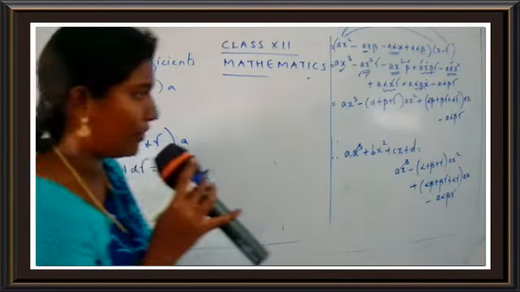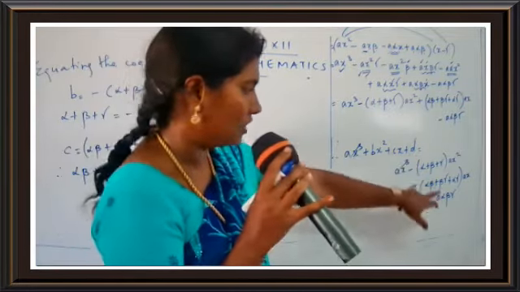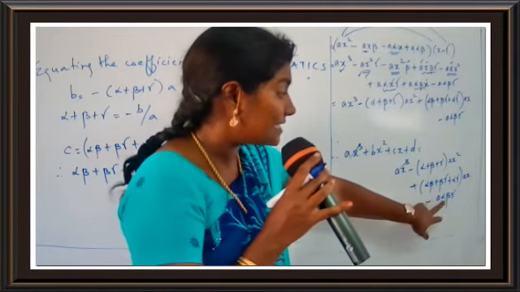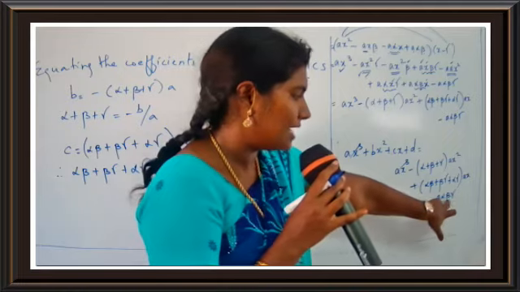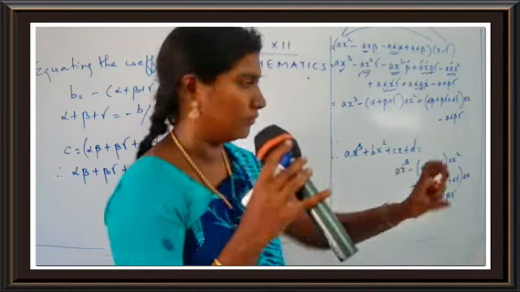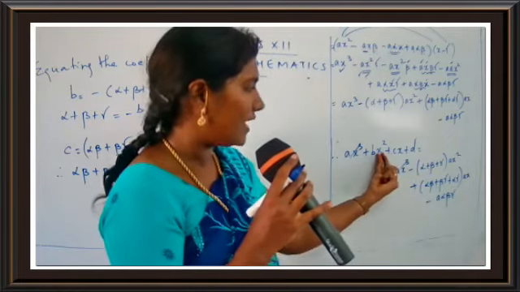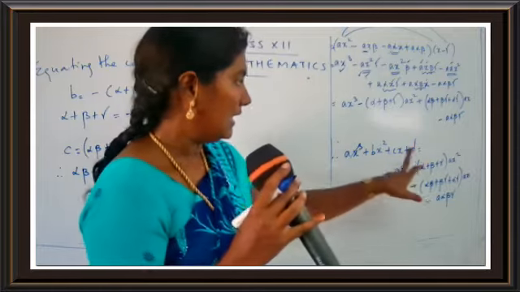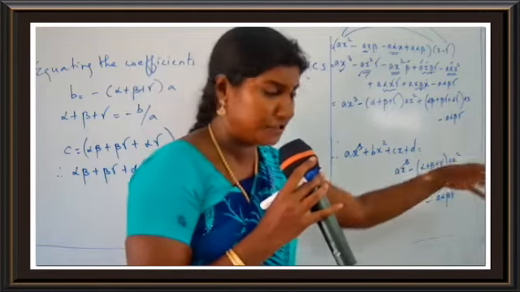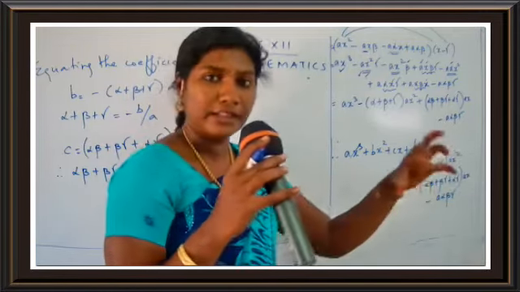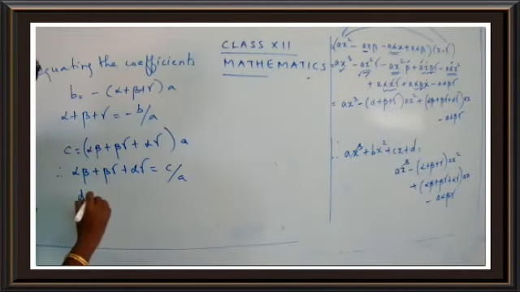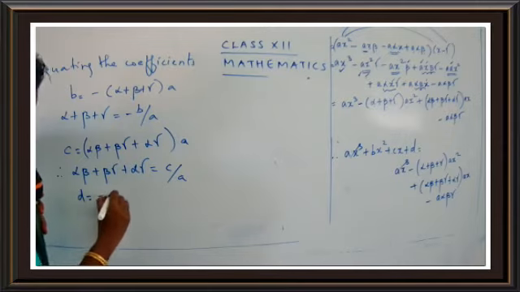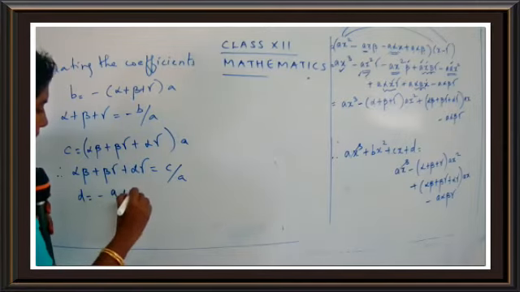Let's go for the last term, the last constant term. What is the constant term you have here? It's D. And what is the constant term here? It's A alpha beta gamma. You have to take the whole term. Okay, children? Because here x square and x square we left. Here x and x we left. But for the constant term, you have to take the whole term as it is. So you get D is equal to minus A alpha beta gamma.